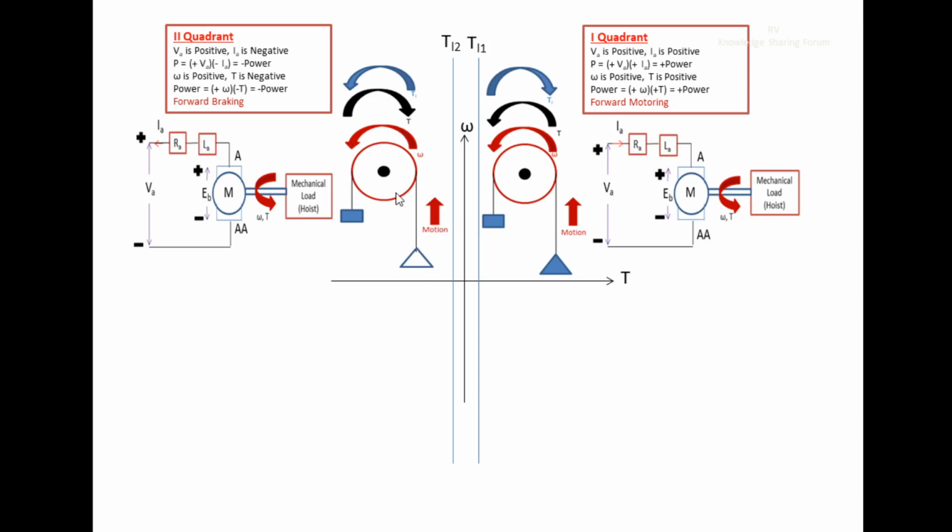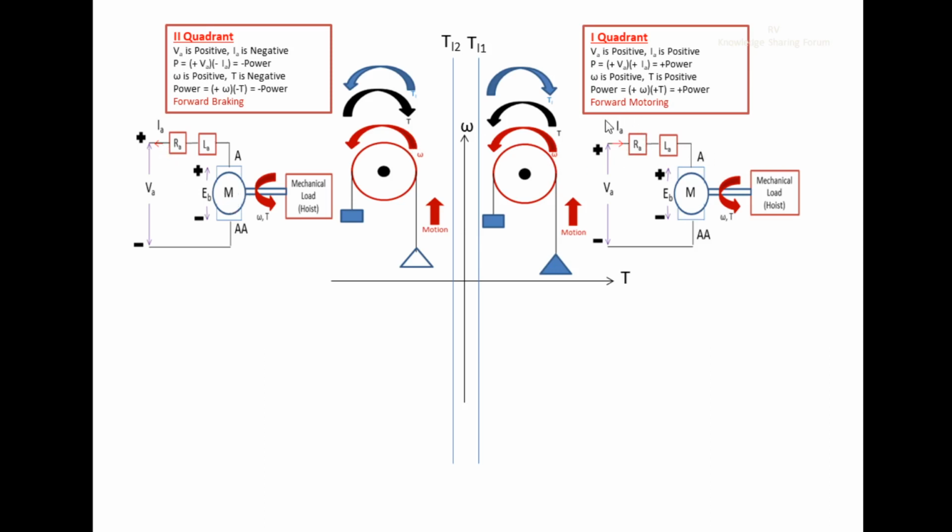Basically, in an electrical machine, torque is proportional to the current, and the direction of the torque depends on the direction of the current. I repeat this point once again. In any electrical machine, the direction of the torque depends on the direction of the current. So if we reverse the direction of the current, the torque will also be reversed. See here, the current is flowing from source to the load, which is marked in red color. Now this current direction is reversed here, which is from load to the source.